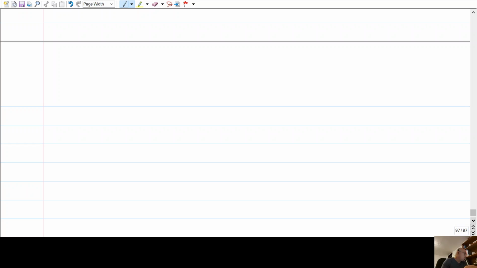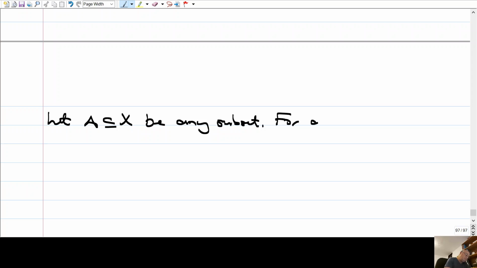Now what else? We will now consider a different kind of example. I'll introduce a new function which will be useful for some future investigations. So let A be any subset. Here (X, d) is a metric space. I don't write d, but we should always keep in mind that X is a metric space. And for any x in X, consider the function